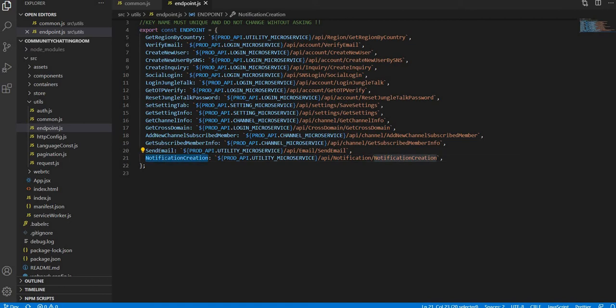In this scenario, I'm just giving one key name, and as it belongs to utility, I decorated it as a utility one. After that, API, then this part is our controller name, sorry, and this notification creation is our action name. Based on that I added it here.